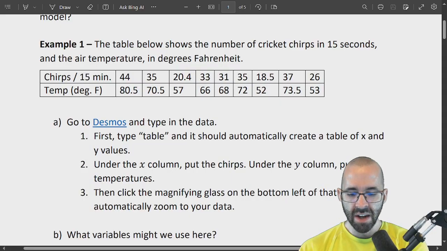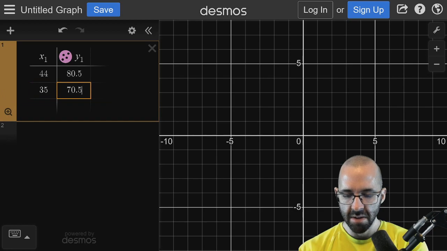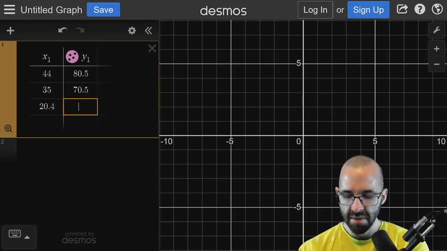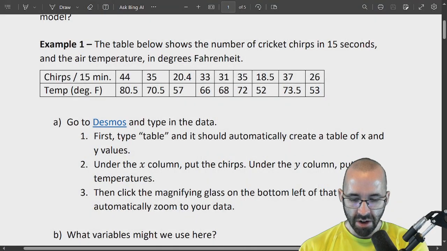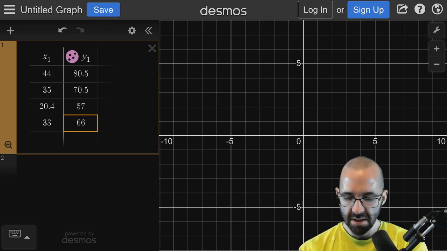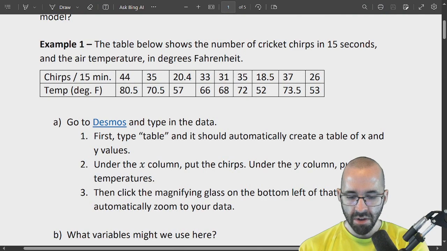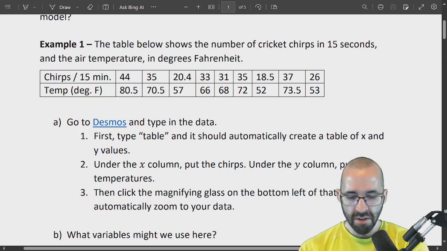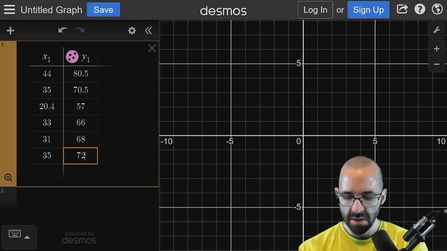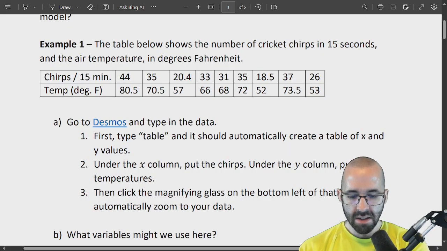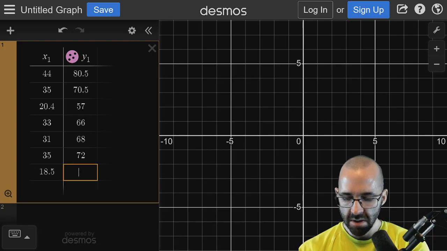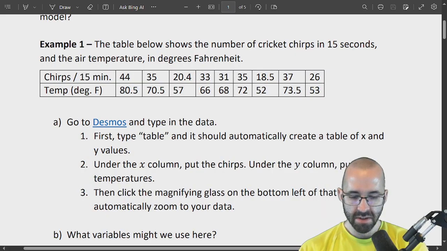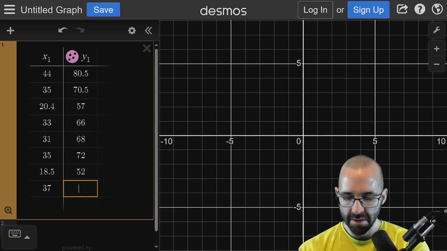The next one is 35, 70.5, 20.4, 57, 33, 66, 31, 68, 35, 72, 18.5, 52, 37, 73.5,